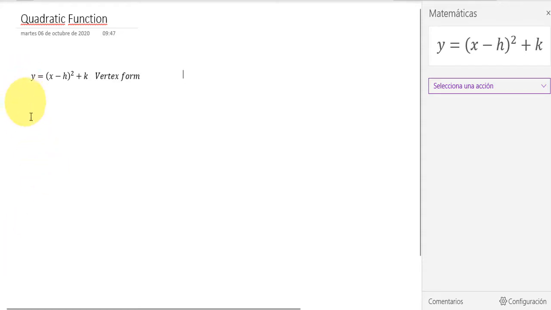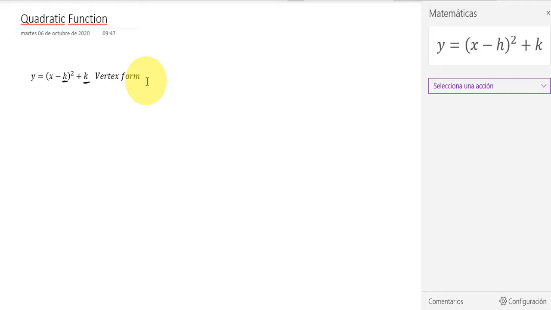Now we remember the vertex form. h is going to tell me how many units the parabola is going to move to the left or to the right, and k is going to tell me if my parabola goes up or down. For example,